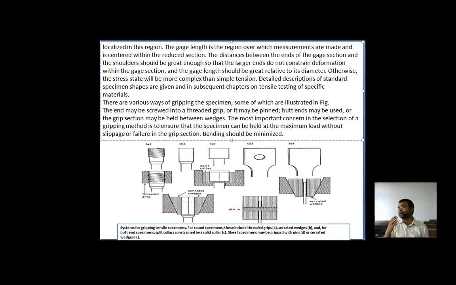अगर हम इस ग्रिपिंग को बेहतर नहीं करेंगे तो क्या होगा? हो सकता है जब लोड लगाए तो वो स्लिप कर जाए, हो सकता है कि लोड जब लगाए तो वो ट्विस्ट कर जाए, हो सकता है लोड अगर लगाए और ग्रिपिंग सही ना हो तो वो पर्टिकुलर बेंड हो सकता है, मूव कर सकता है, टेढ़ा हो सकता है। तो स्पेसिमेन जो हमने बनाया हुआ है वो बेकार हो जाएगा।